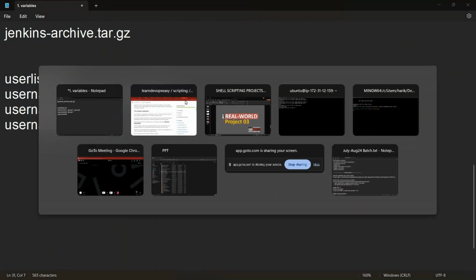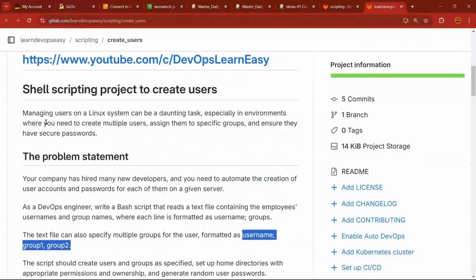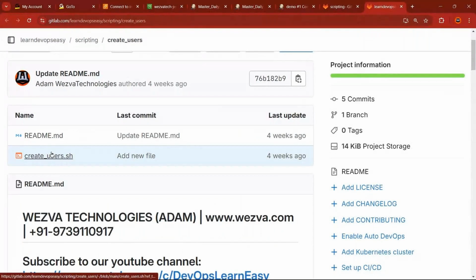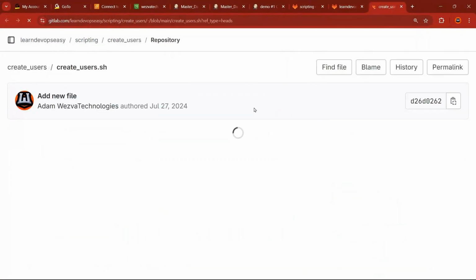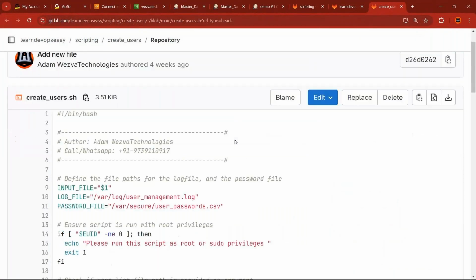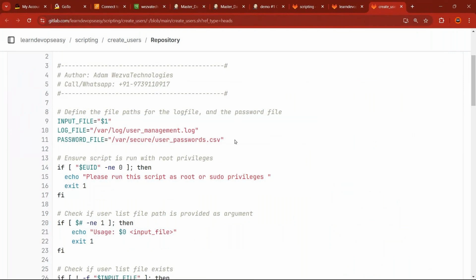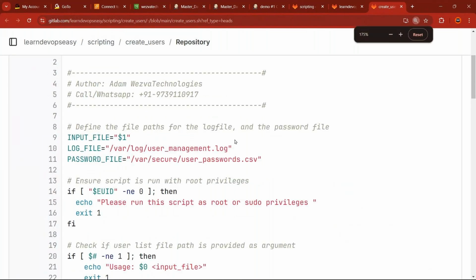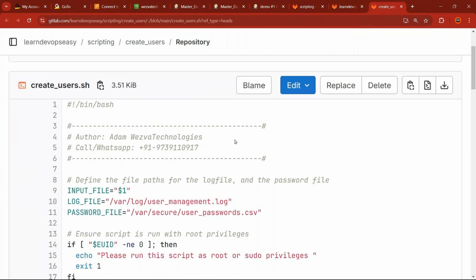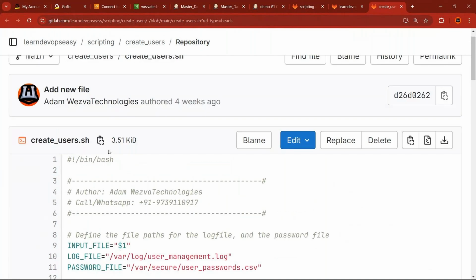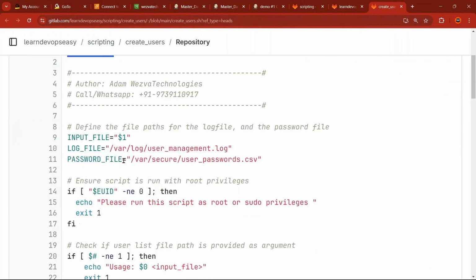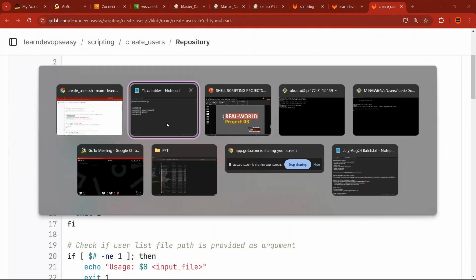Now when we have the script, again let me open the script. In the same way, you need to think of variables, arguments, and then conditions, loops, and functions. So I'm going to use the same logic here too. First, I'm saying to run the script in bin bash, and then I'm taking the input as the first argument, which means if I'm going to call the script